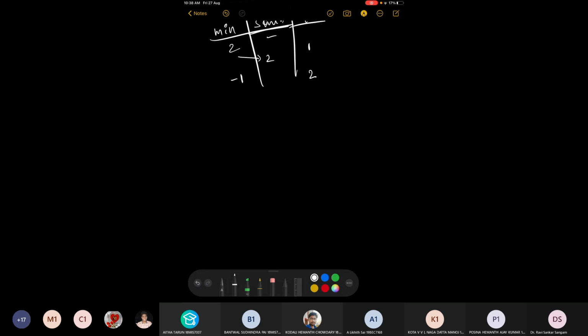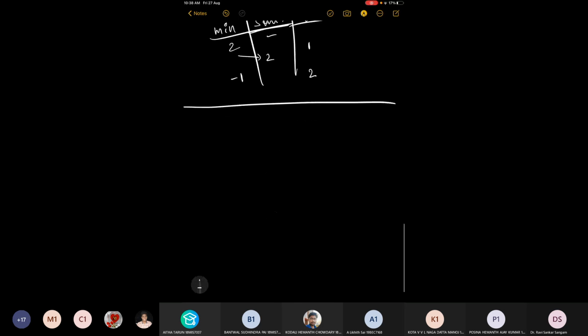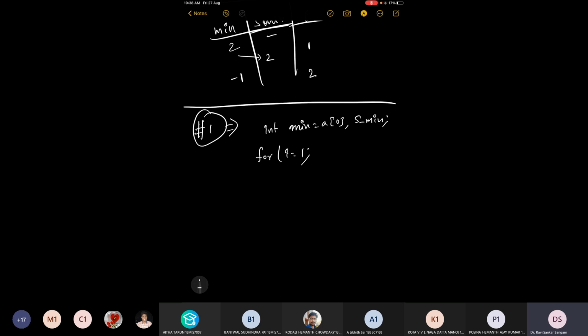I am just writing this for loop. We are considering initially minimum as A of 0 and second min. For I equal to 1, I less than a dot length, I plus plus.